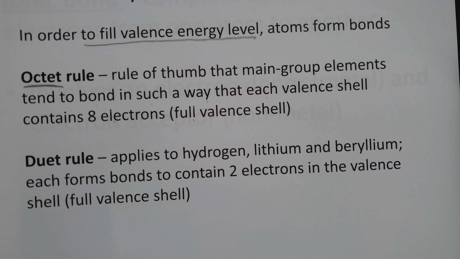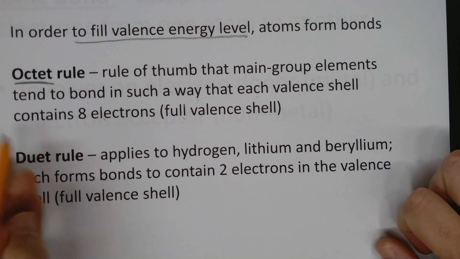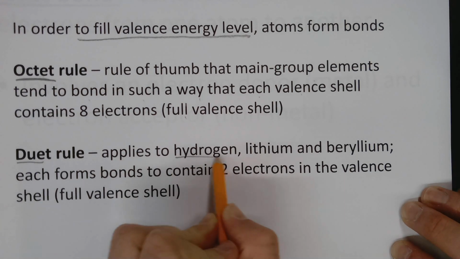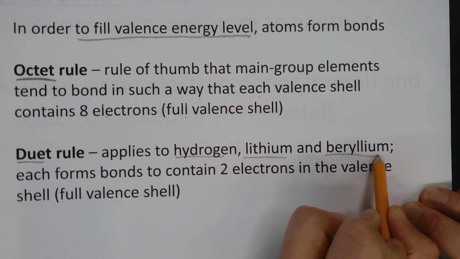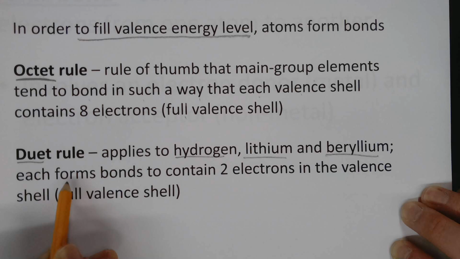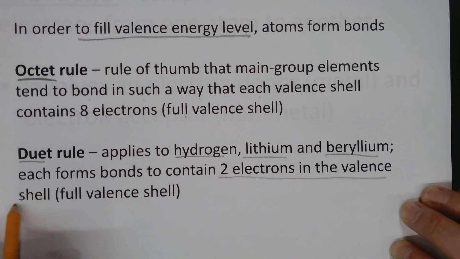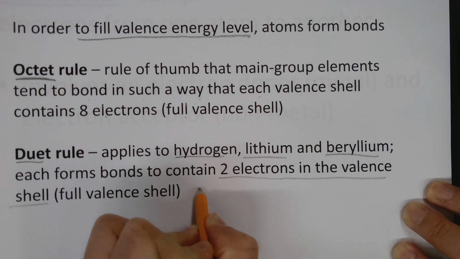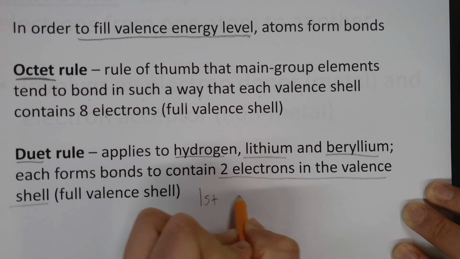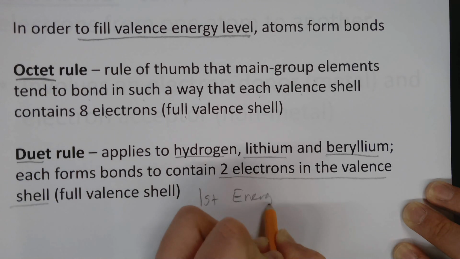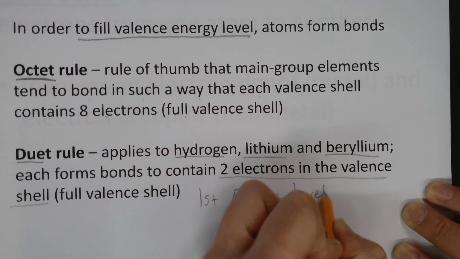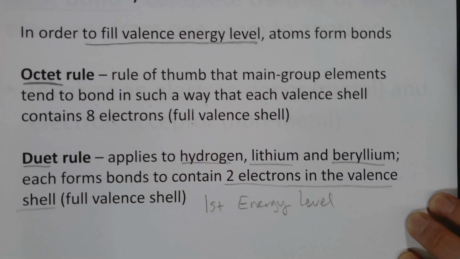And in the main group, there's a couple of exceptions, and we call this the duet rule. Duet means 2. So this applies to hydrogen, lithium, and beryllium. Each forms bonds in order to contain 2 electrons in the valence shell because their valence shell is the first energy level,